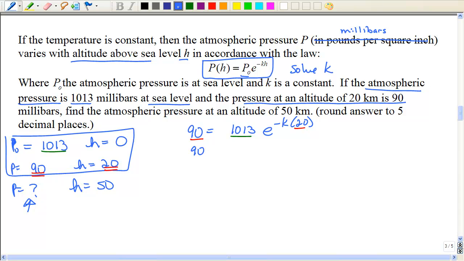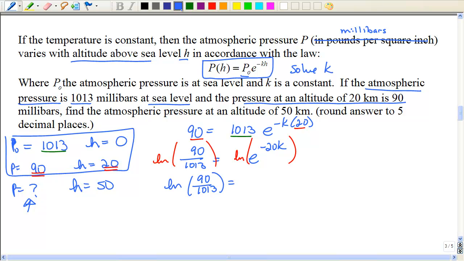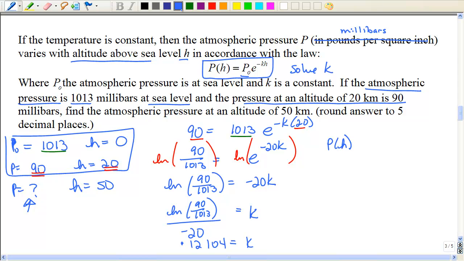So I'm going to divide both sides by 1,013. And I'm going to take the natural log of both sides. And when I do that, the natural log and e cancel out, so I'm just left with the exponent. And then when I solve for K, I'm going to have the natural log of 90 over 1,013 divided by negative 20. And punching that into the calculator, I get approximately 0.12104. So my model should be P of H, and I need to put that negative back in there because it's part of the model,